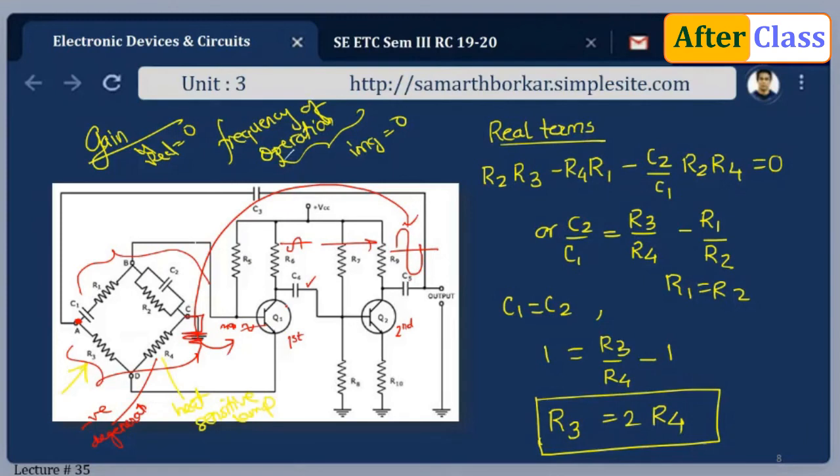And the frequency of oscillation is given as 1 upon 2 pi RC. And a similar circuit can be obtained using an op amp. Or rather, similar output can be obtained by making use of FETs. Instead of a transistor I can make use of a FET, or I can make use of an amplifier. Okay, this is all about the operation.